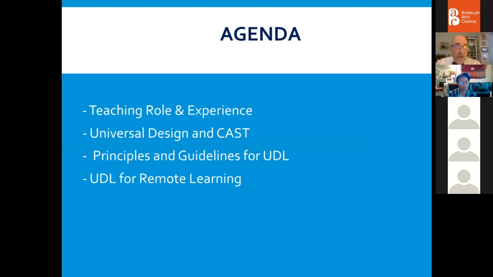And we'll also be looking at the main principles and guidelines for universal design for learning. There are a total of 9 guidelines, and so we'll be going through those today relatively quickly. But then we'll also talk about how we think about and talk about universal design in remote learning